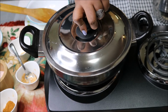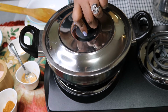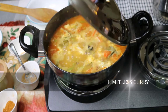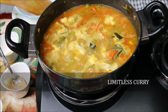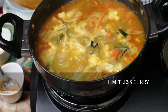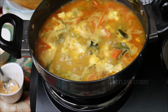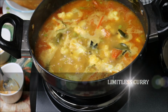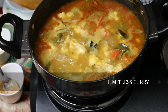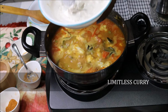So about an additional 3 minutes has passed, and now what we're going to do is just open the lid and see if it's simmering. And surprise, surprise, yes it is. It's simmering beautifully. And oh my god, the aroma is just completely out of the world. You have to try. Now what I'm going to do is put in my mixture of coconut and cashew nuts